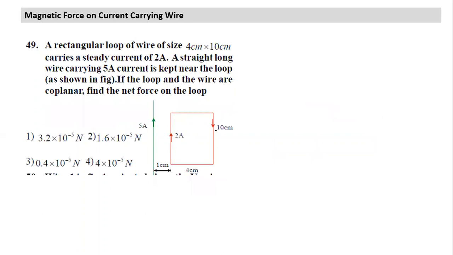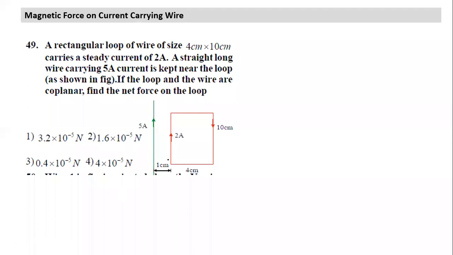It's a simple question. Now coming to this question, this is a little different from the previous one. First read the question and see what you understood, and then we'll start. First think how you're going to solve it. Get an idea of the method of solving, then we start solving it. Okay, so let's start from what we need to do. We need to find the net force on the loop.